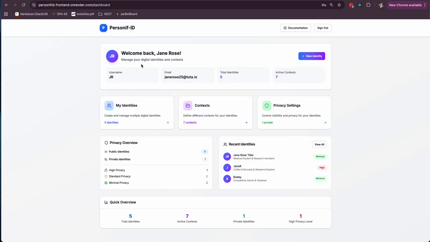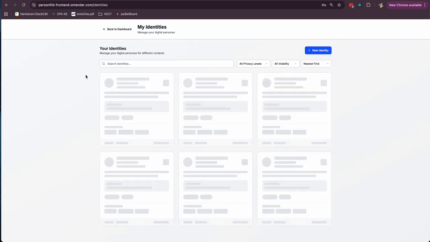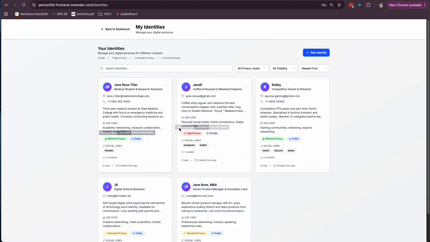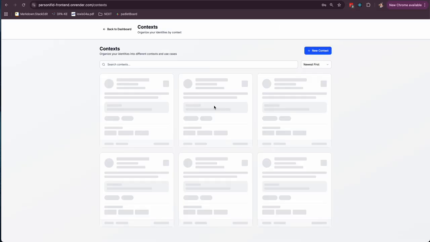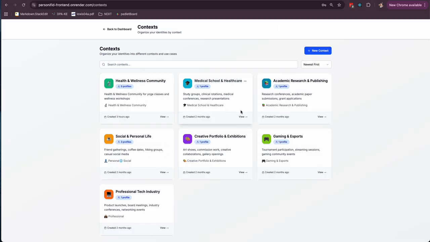And so when she logs in, back to her profile, we can see that Jane has 5 different identities. She's a medical student, I believe. She's a product manager, she's a digital artist, she's a coffee enthusiast, and she's a gamer. And each is designed for different situations, as you would imagine. She also has 6 contexts, but actually these are 7. Health and wellness, medical school and healthcare, academic research and publishing, gaming and esports, and so on and